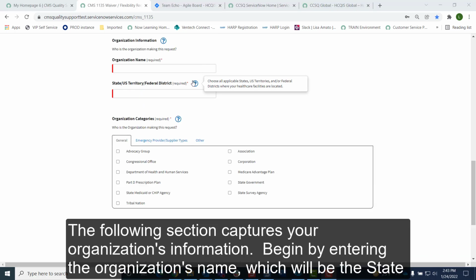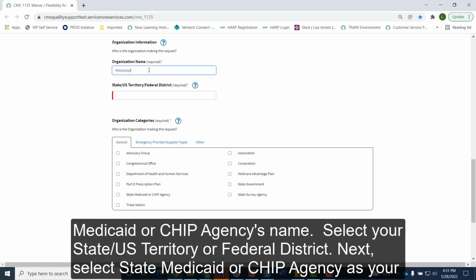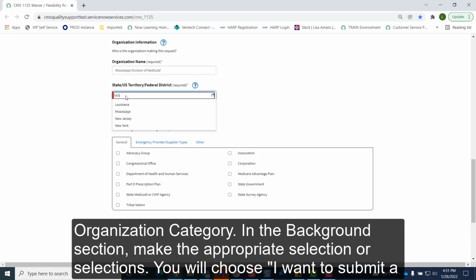The following section captures your organization's information. Begin by entering the organization's name, which will be the state Medicaid or CHIP agency's name. Select your state, U.S. territory, or federal district. Next, select Medicaid or CHIP agency as your organization category.